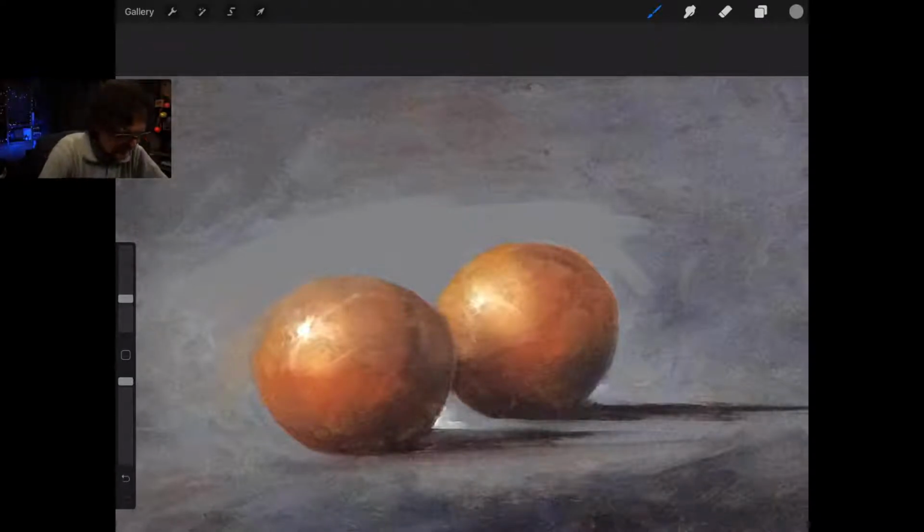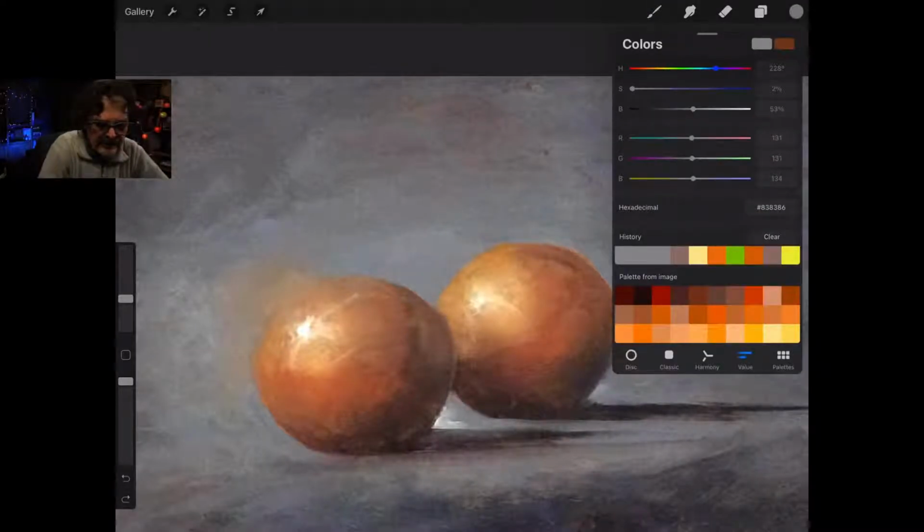But let's go back and see. So what we're doing is we're completely going from blue to orange. So that's the completely obvious part. The subtle part is that we're doing it with almost absolute gray.